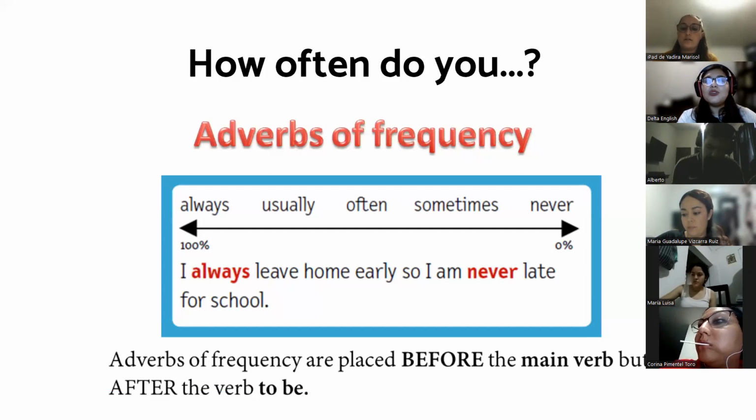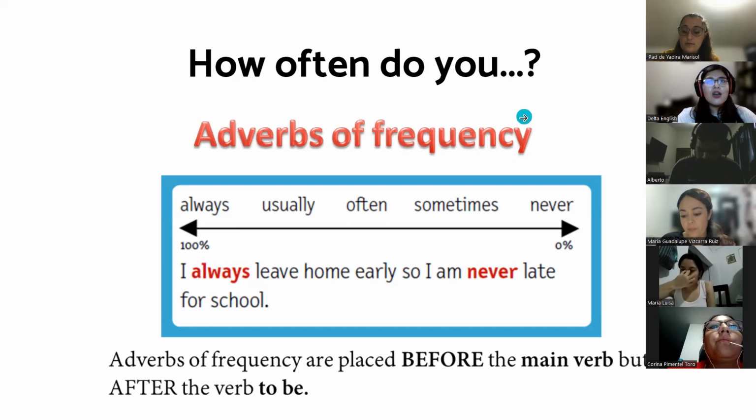So, how often do you run in the mornings? ¿Qué tan seguido? ¿Corres en las mañanas? Sí. ¿Qué tan seguido? ¿Te gustan las películas? Sí. ¿Qué tan seguido vas al cine? ¿Te gusta el helado? Sí. ¿Qué tan seguido comes helado? ¿Qué tan seguido? How often? So when you see a question that asks you how often you do something, we're going to use